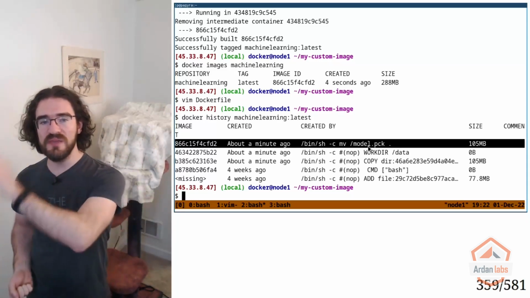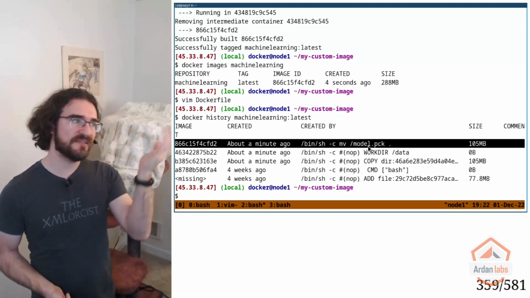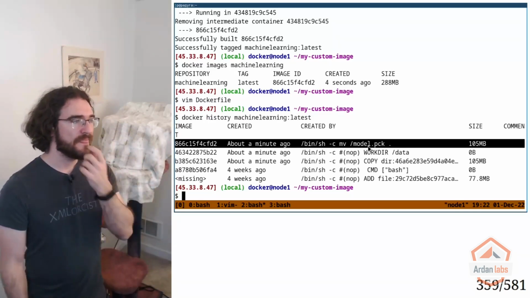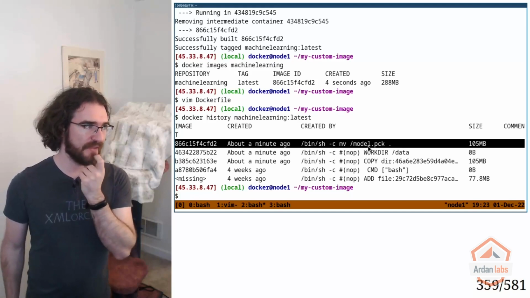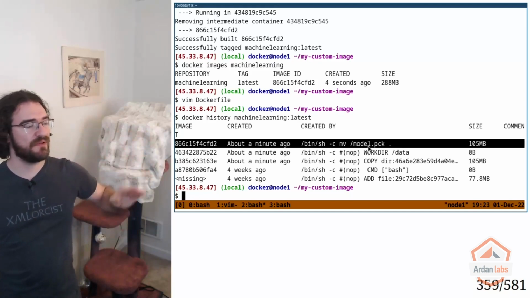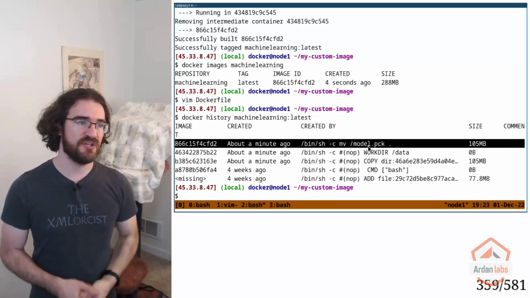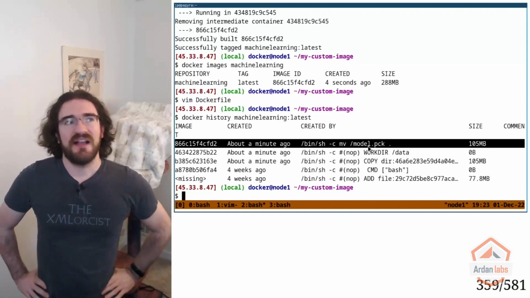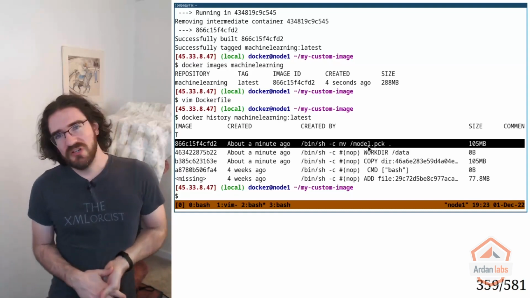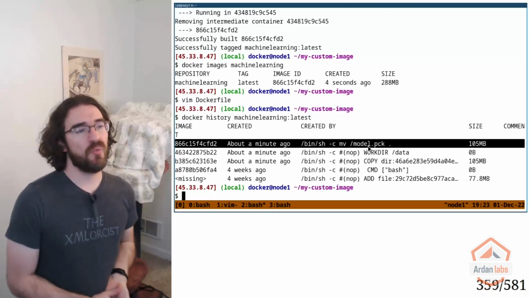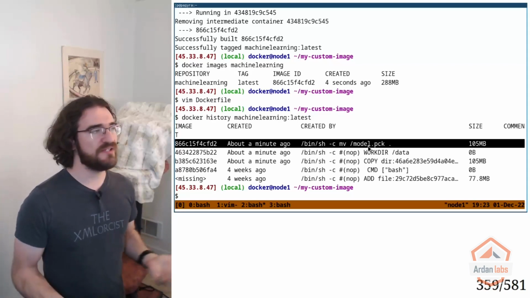We can only remove and add it somewhere else. So we have to re-add that file in the layer. So that's why we end up with a very big image here. It's kind of a technical limitation of Dockerfiles, but once you are aware of it,